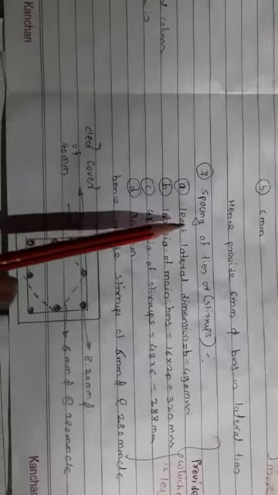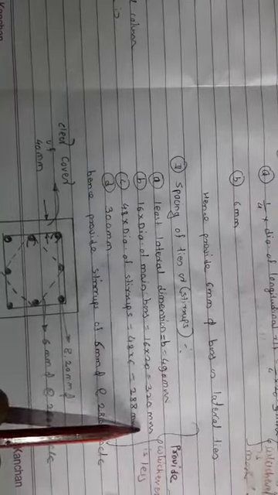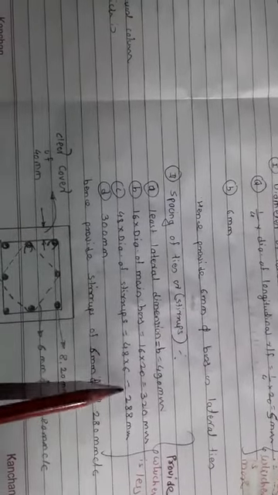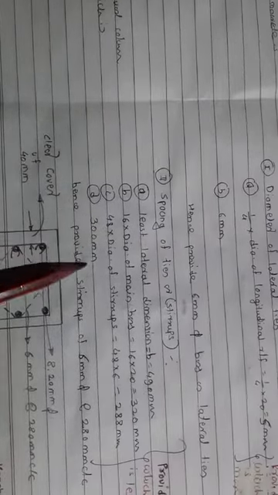So what is the first criterion? Spacing should be the least lateral dimension, which is equal to B, the size of the column, which is 490 mm. Now the second criterion is 16 times the diameter of the main bar. Here we are providing 20 mm as the main steel, so 16 into 20, we are getting 320 mm. Then the third criterion is 48 times the diameter of the stirrups, so 48 multiplied by 6, that is the diameter we are assuming for the transverse reinforcement or the stirrups. So 48 into 6 is equal to 288 mm. And the fourth criterion is 300 mm.